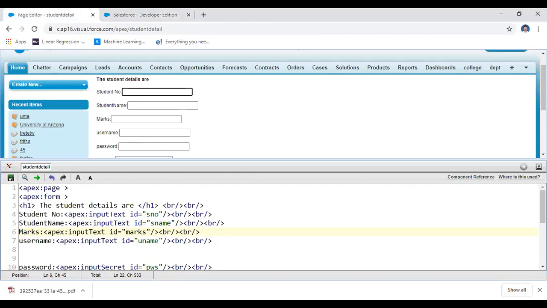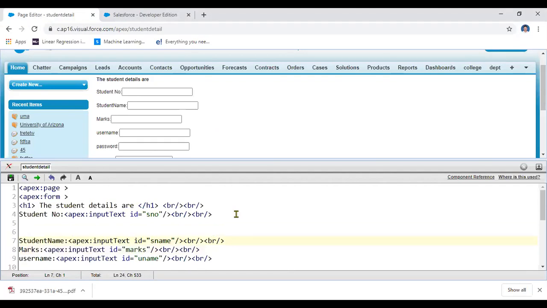Here, how can you implement that information? What are the ways for implementing that information? Student one, and then for the input field there exists a value. Here comes the student number. Here I'm calling the value. The value is an attribute of input text.